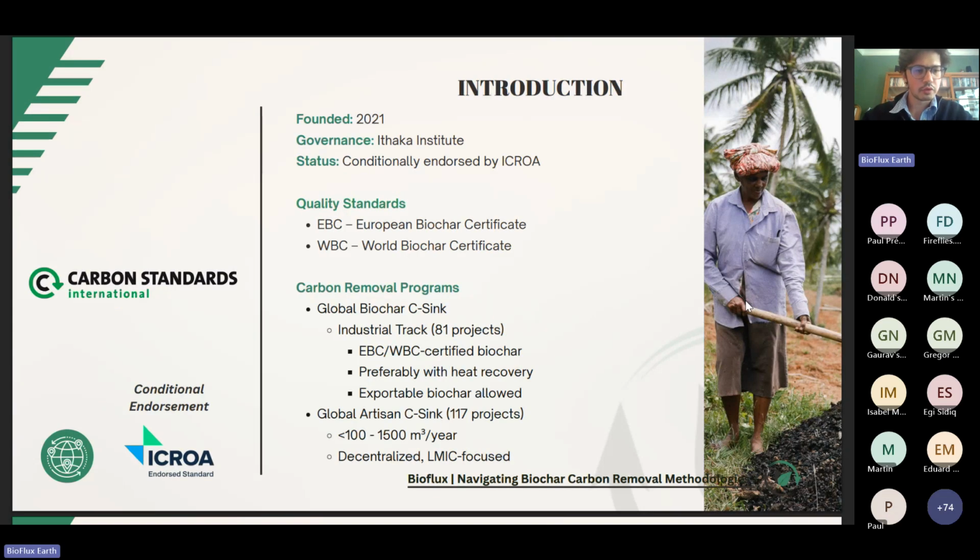Next, we're going to go into Carbon Standards International. So Carbon Standards International is a standard that was founded in 2021. It works very closely with the Ithaka Institute as its scientific board, and it has recently received conditional endorsement by ECHOA. Important to mention that Puro.earth that I mentioned has already received ECHOA endorsement, and so ECHOA is essentially, let's say, a stamp of approval across the industry that meets certain carbon removal criteria for carbon removal certificates and